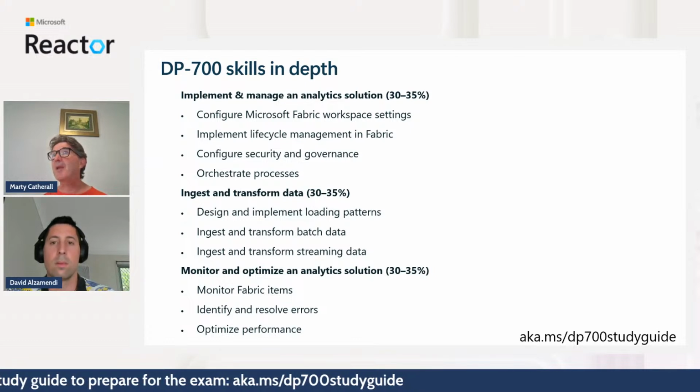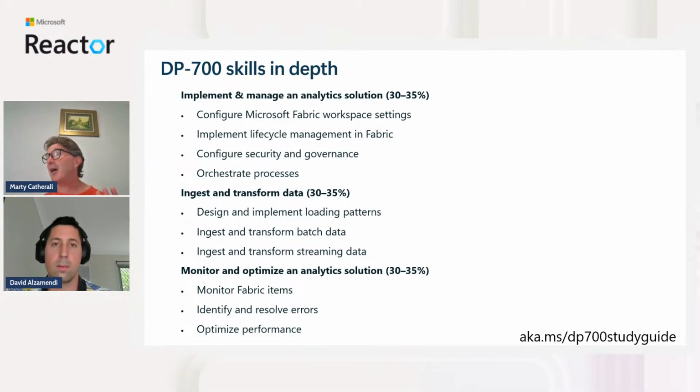And then we're down to what I might consider the main bit, but it's still 30%. So ingesting. And obviously, if you're going to ingest, you've got to design and then you've got to implement. And you might ingest with batch data, so from a static data set, just bring it in periodically. Or there might be a real-time feed coming in, say, from electricity utilities or things like that. So really pay attention to that bit there. The streaming bit is probably not so common, but it's becoming a lot more common. So do concentrate on that a little bit.